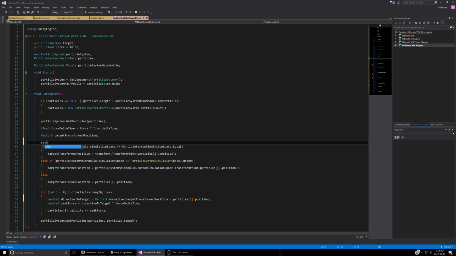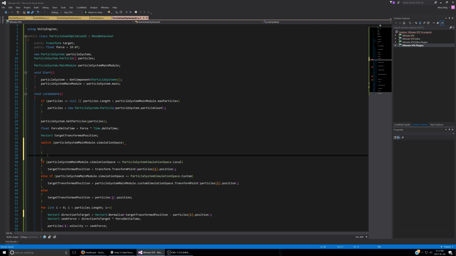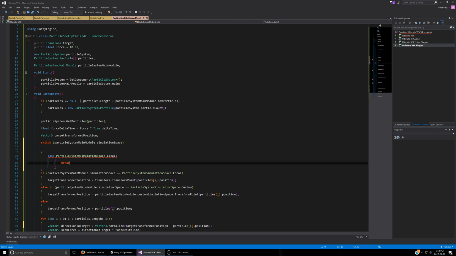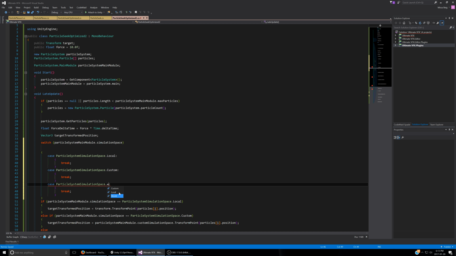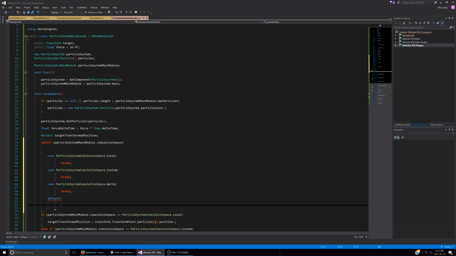Also, I'm going to use a switch statement. This isn't so much of a performance increase, but it just looks nicer. So we can check the main module simulation space. Let's set this up. Oh, this keyboard is really a hassle. Okay, so if it's a case local, then do so-and-so, put in a break there, and copy and paste this, and if it's custom, then do so-and-so, and if it's world, then do so-and-so, and then finally we have a default, just in case Unity decides to add something later, and then the user tries to change it,